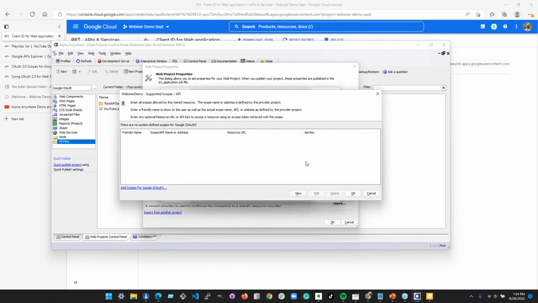And then the last thing that you need is scopes APIs. The reason you need this is because whenever you do a Google OAuth authentication to get permission to do something, Google wants to know, what do you need? Like, what are you using? What are the things that you need access to? And that's specified within the scopes.